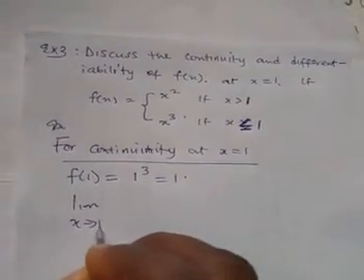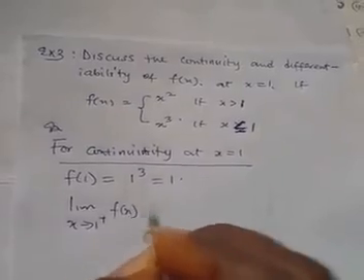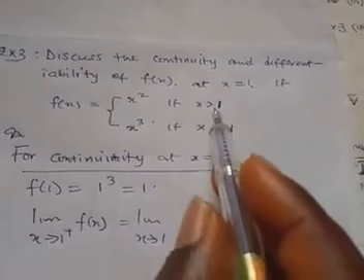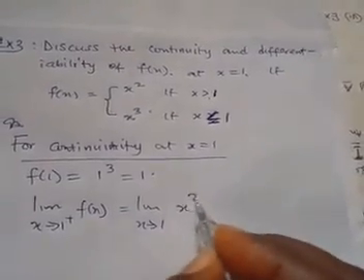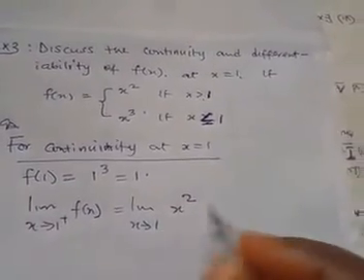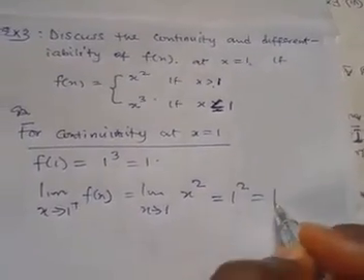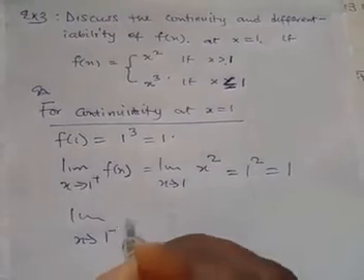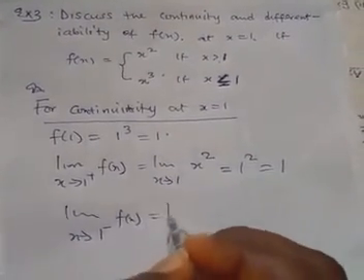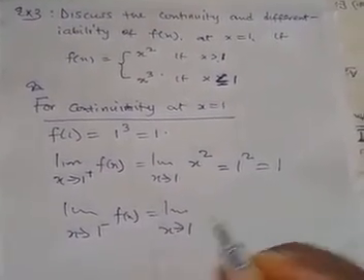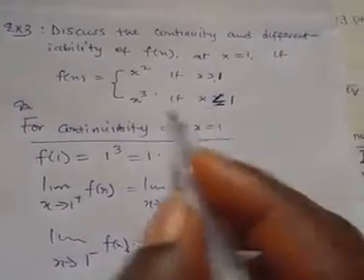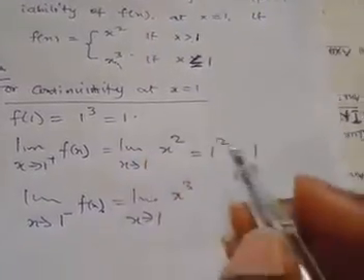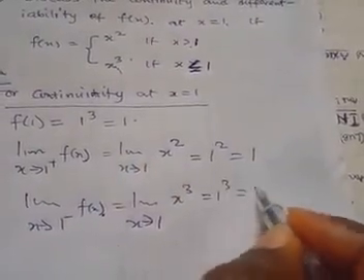That is, we first find the right-hand limit of f of s. This is the limit as s tends to 1 when s is greater than 1. This is s squared, that is our f of s there. So our answer is 1 squared, which is 1. We need to find the left-hand limit of f of s as s tends to 1. The f of s there will now be this one, that is when s is less than 1. So this is 1 cubed, which is still 1.